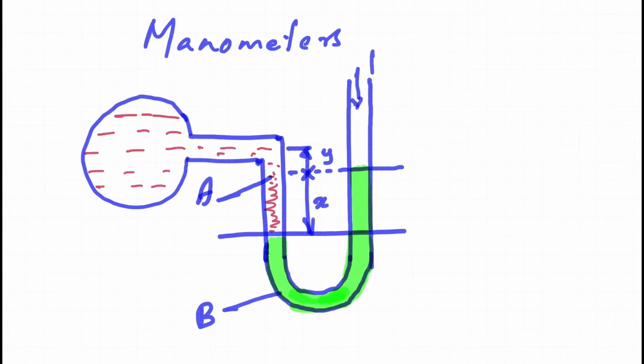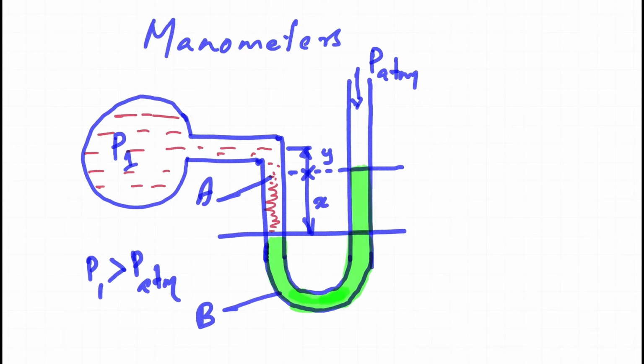So that's atmospheric pressure acting on the right hand side of the manometer, and you have a pressure, say P1, acting within the pipe, and we need to find P1. And when you know the densities of these liquids and also the heights x and y, you can create a relation. In this case, this is an arrangement where P1, the pressure inside the pipe, is greater than